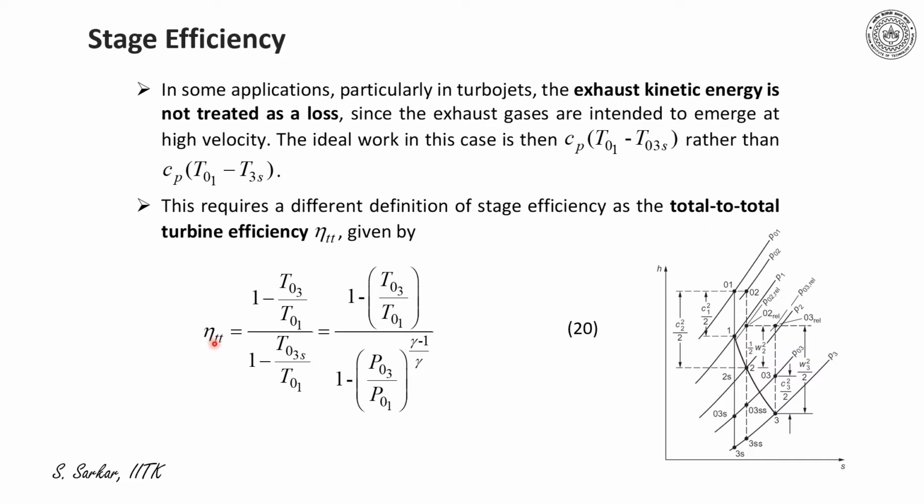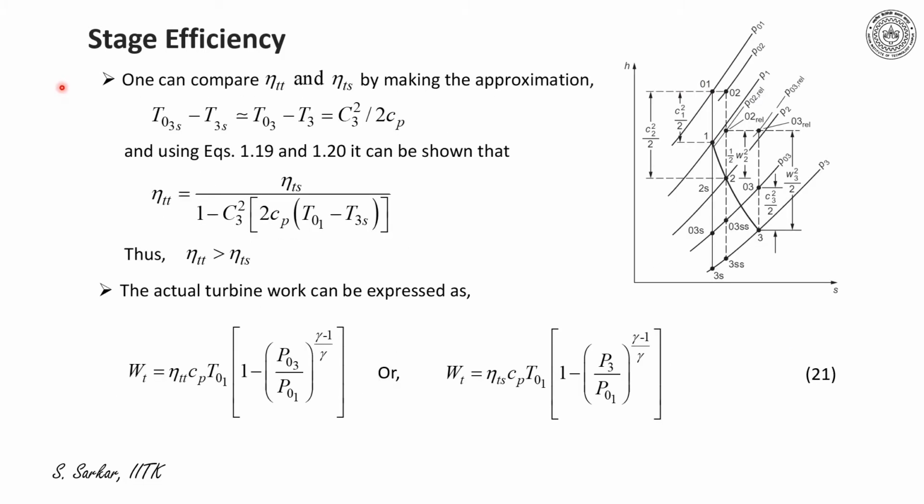Hence, eta Tt can be expressed as 1 minus T03 by T01 divided by 1 minus, within the bracket, P03 by P01 to the power gamma minus 1 by gamma. Thus equation 20 denotes the expression for eta Tt. Now one can easily compare eta Tt and eta Ts by making an approximation as